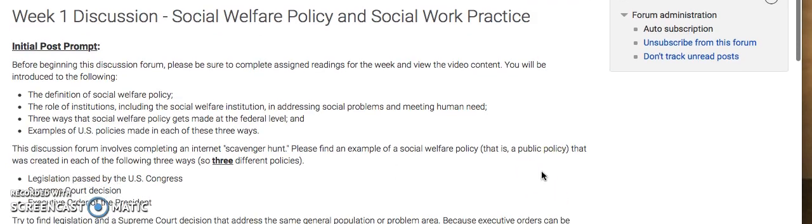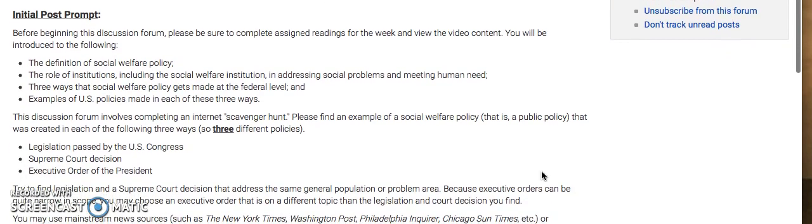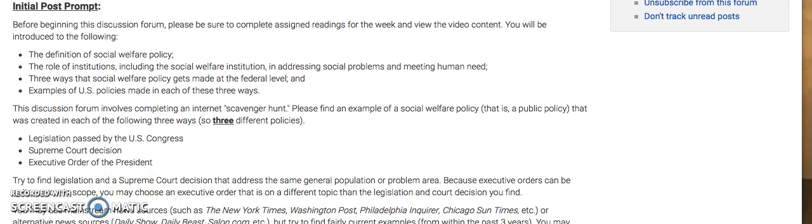The second discussion post will be this week. Be sure to do the readings, and we'll help you with this discussion post. So you'll be introduced to the definition of social welfare policy, the role of institutions, including social welfare institutions, in addressing social problems and meeting human need,